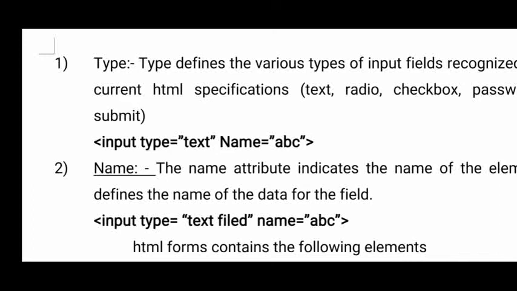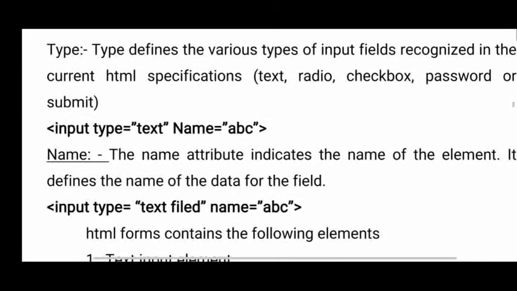The type attribute is nothing but what type of input you are collecting from a user. Whether the user is entering text, a password, a drop down, or a text area depends on the information the user is giving. Based on that you can select the type. The type of information the user is entering is presented by using the type attribute.